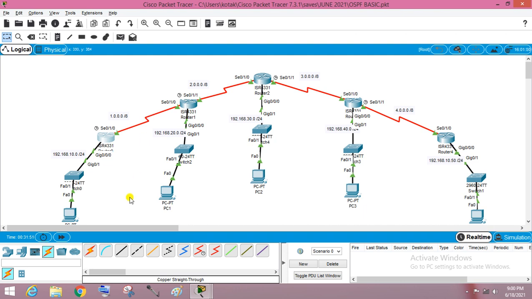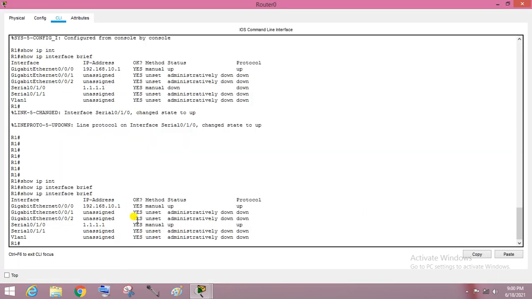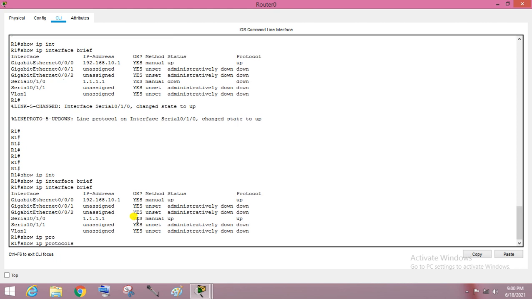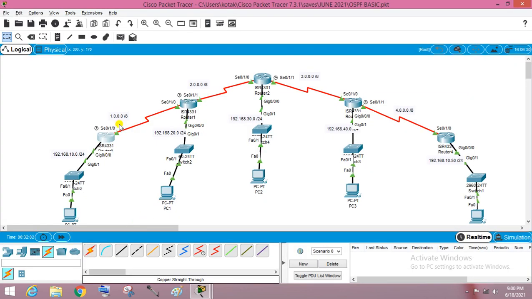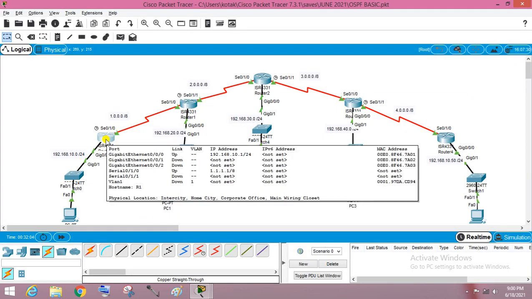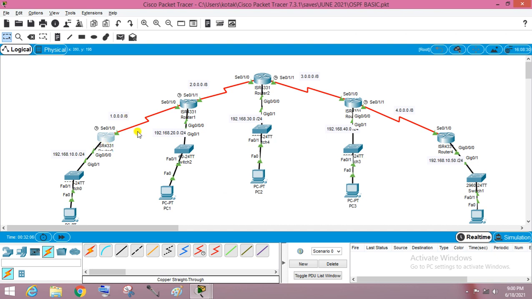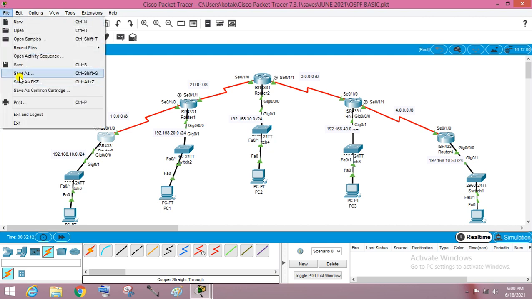Is any routing protocol implemented here? Show IP protocols. There is no protocol yet. We have just made the topology and assigned the IP address to the active interface. Okay, and first save it because we will use it in other practicals to save our time.